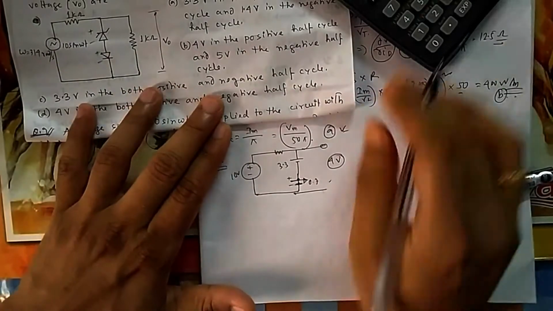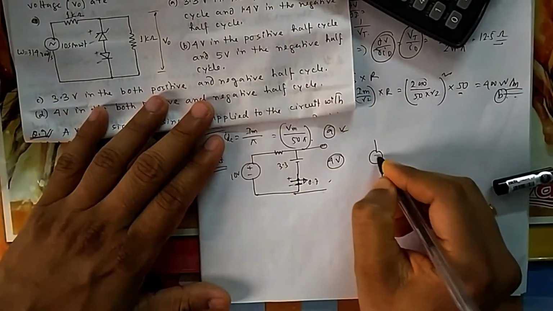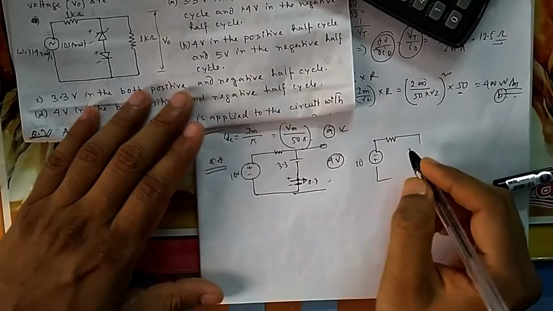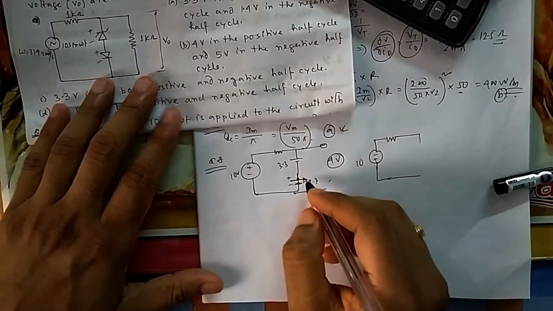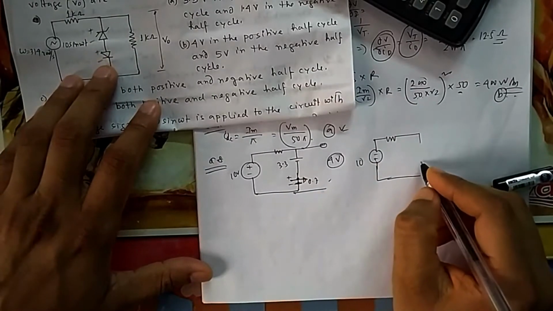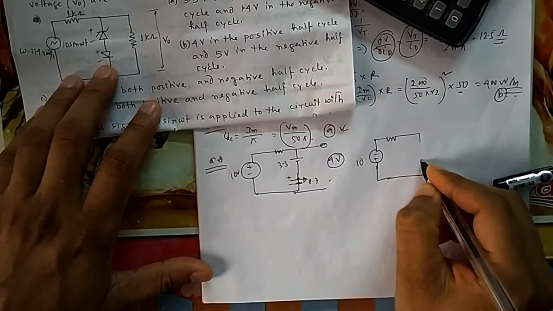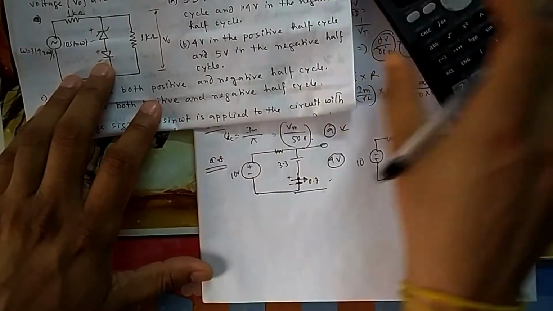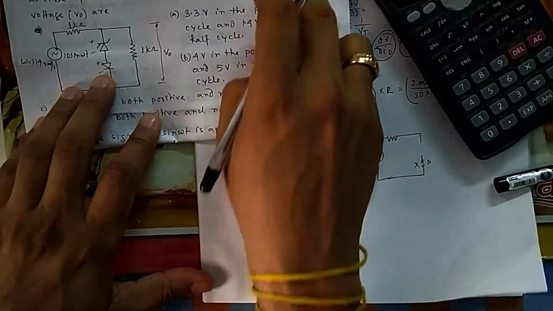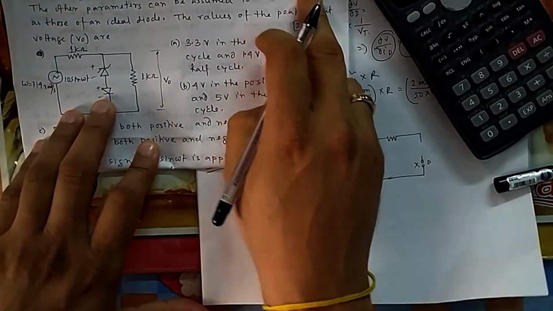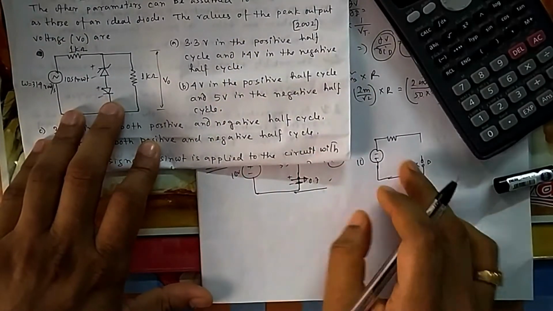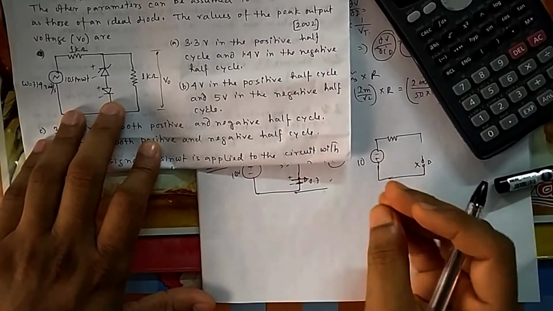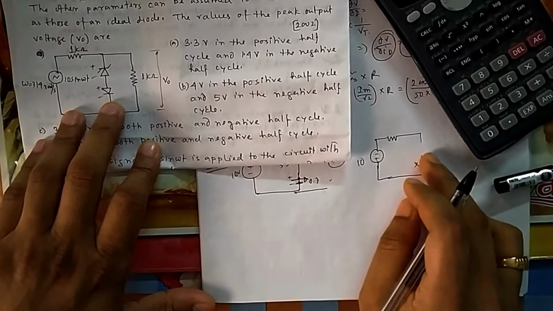Now if you see for negative half cycle, if I connect this one 10 volt, okay. Now look about this one. This one is now reverse bias. So reverse bias, this diode, I told you this diode will not work, because it is reverse bias. Even if you push it beyond 5 volt, because here you will be pushing it beyond 5 volt, because they have given. So if you push it beyond 5 volt, if its thermal limit is crossed, then it will burn, because it will give excessive heat. So it will burn, it will ultimately open out.